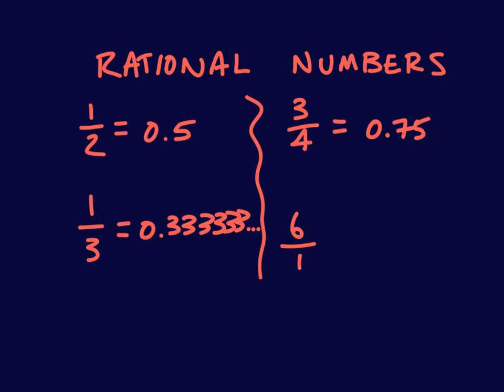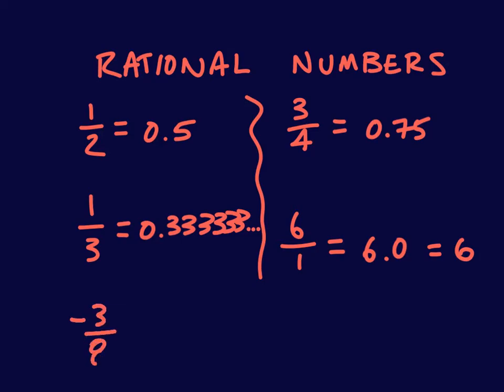Now, if I do the number 6 over 1, this is kind of a unique number. This is actually going to be a whole number or an integer, and so 6 divided by 1, you get 6.0, which is really just the same thing as 6, okay? So anytime that you have a whole number, an integer, and these numbers could be negative. Like, let me think of another example. Let's do